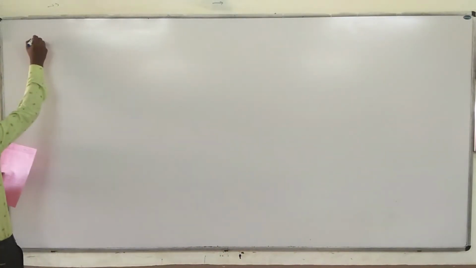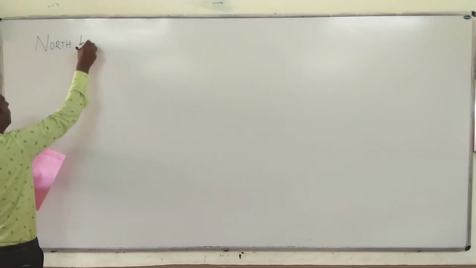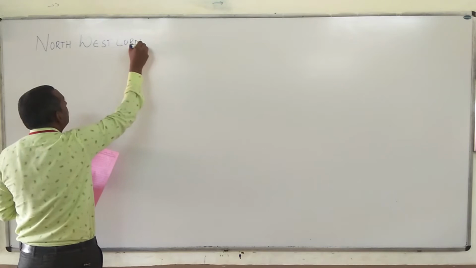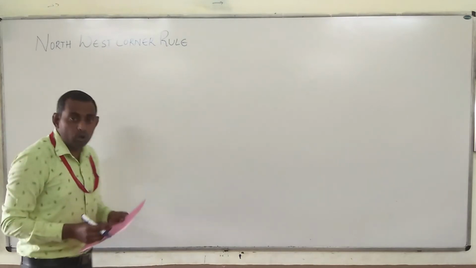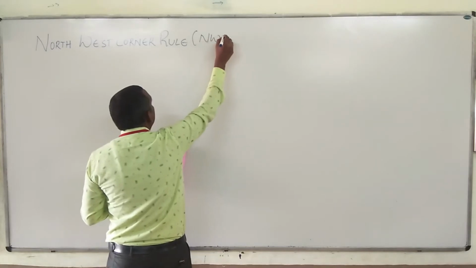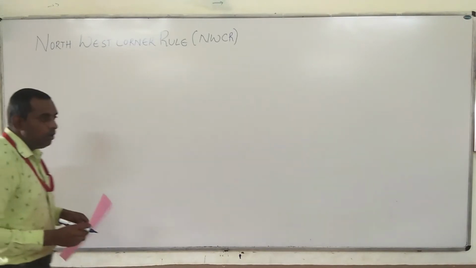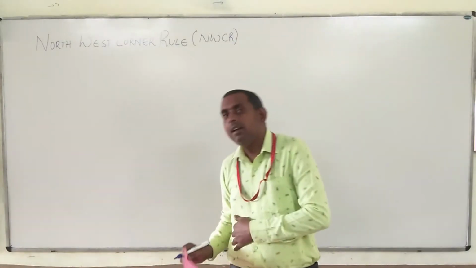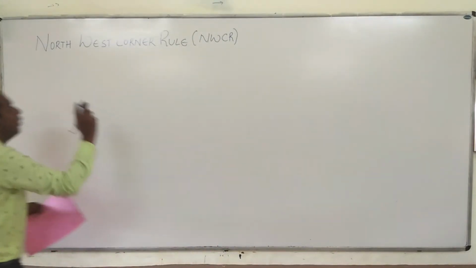So let me write here: northwest corner rule. The northwest corner rule is also called NWCR. How the northwest corner rule works will be explained by me step by step. Right? So the step number one is,